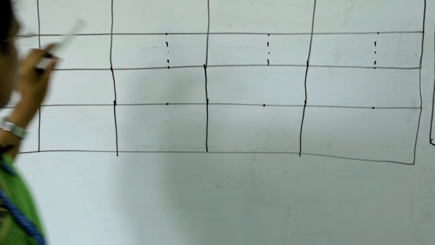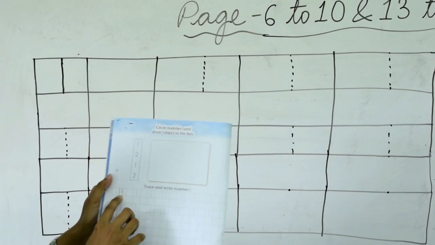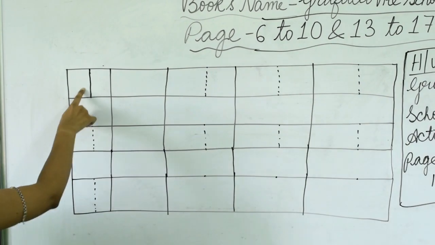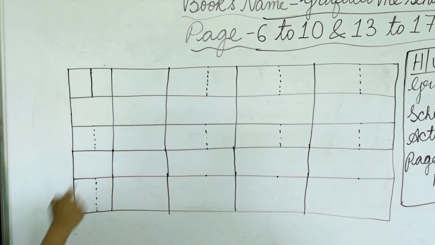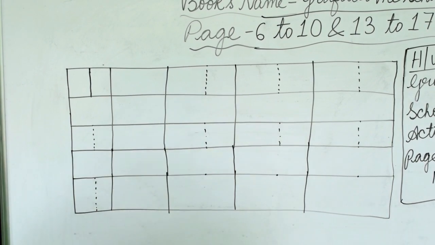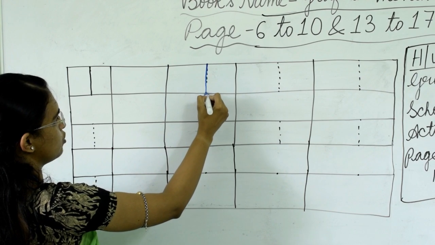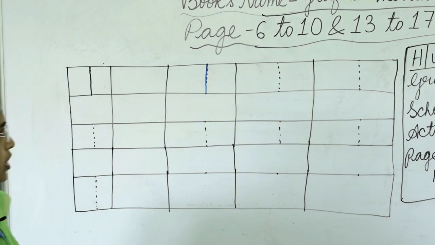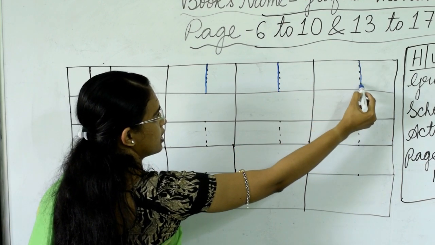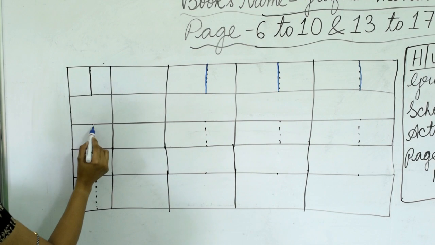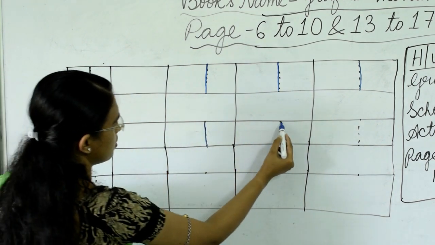Okay. Now look here on the board. I have made the same thing on the board. Here in this box 1 is already written. I have already written number 1, and here can you see this dotted 1? Here what we have to do, you have to trace this number 1 like this. From here to here you have to draw a straight line. Okay, this is number 1. So you have to trace the number 1 like this. Then again in the second line also you have to trace the number 1 in this way.